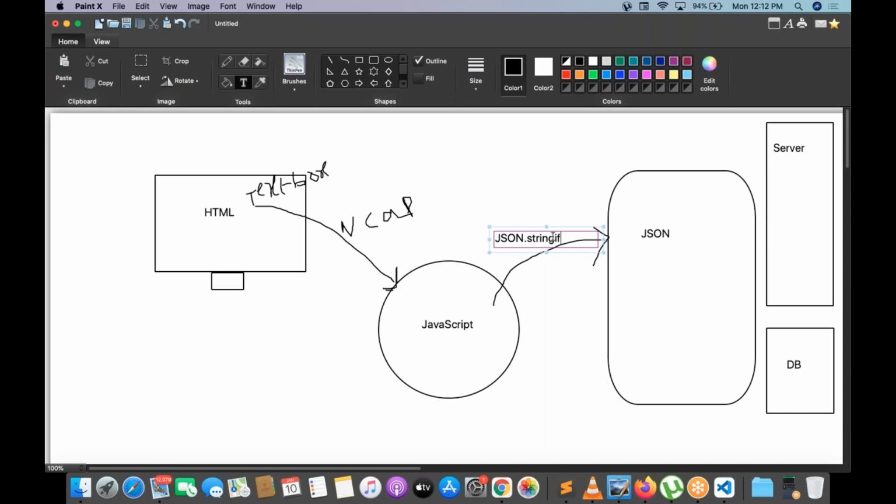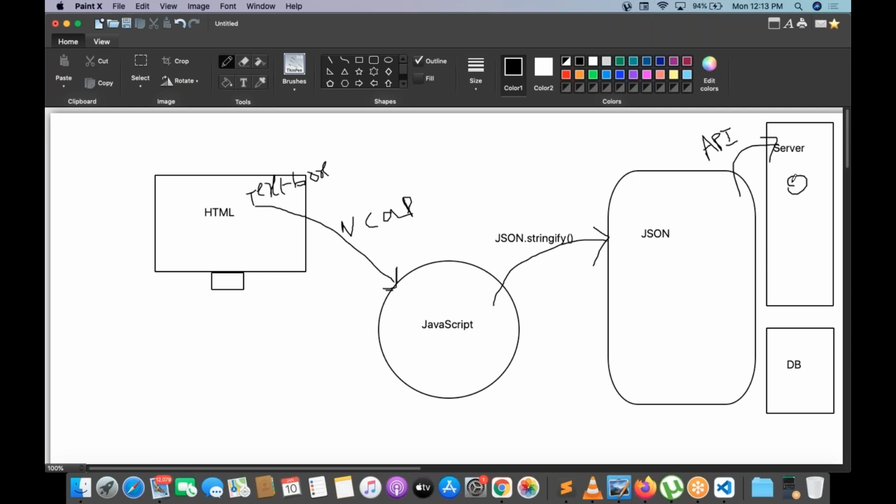This is the method we have to use for stringifying the content into JSON. Then this JSON is sent to the server with an API, application programming interface.